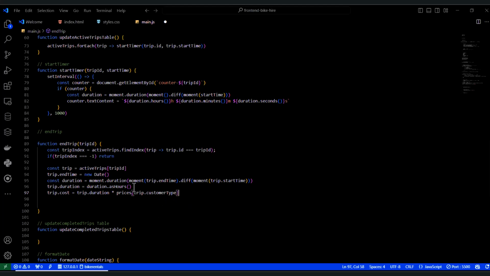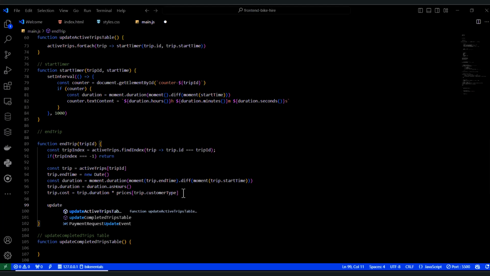So that should tell you already that customer type should be mandatory in our form, in our HTML form, so that at any given time when the trip is ended, we do not have a null value for customer type. Otherwise, we will never have a cost. So at this particular point, we have everything we need for our trip entity, all the attributes that entity should have. So the next thing is just to update